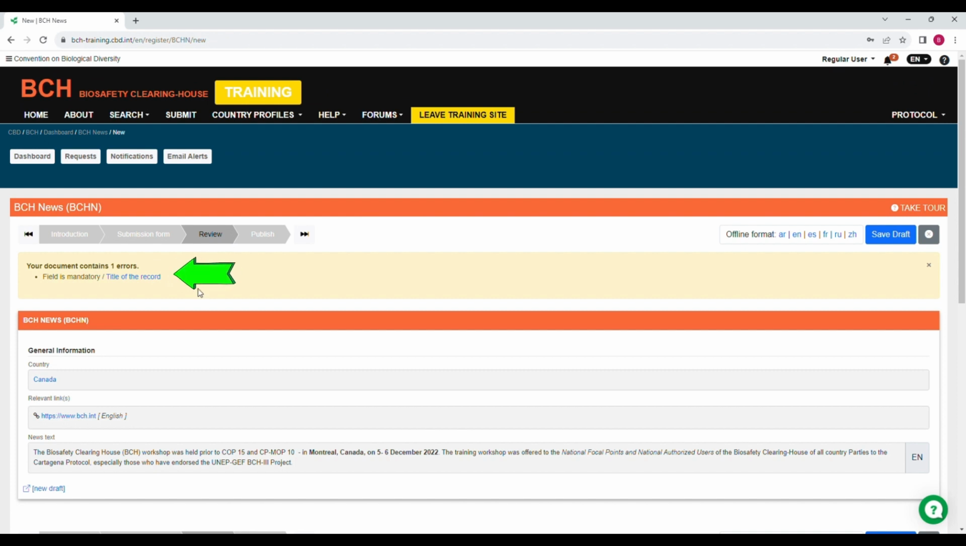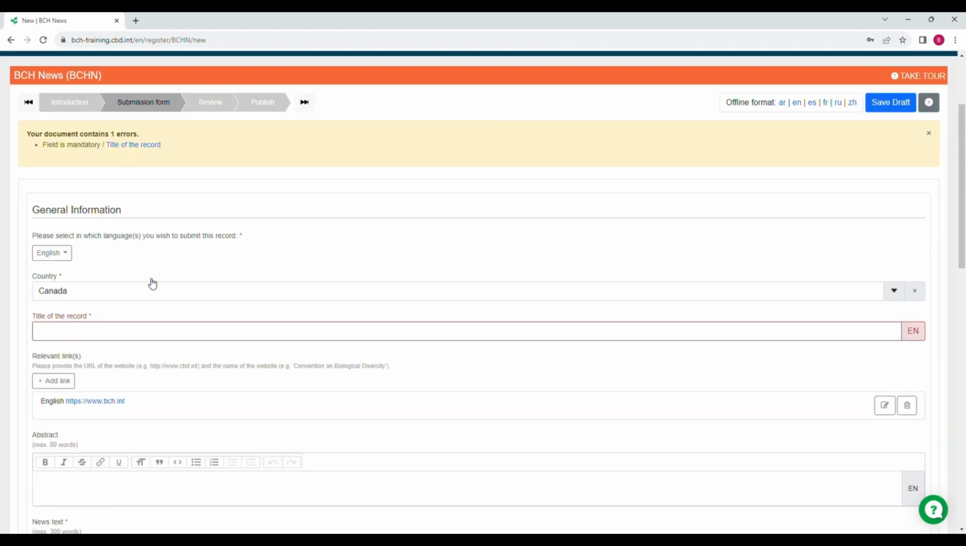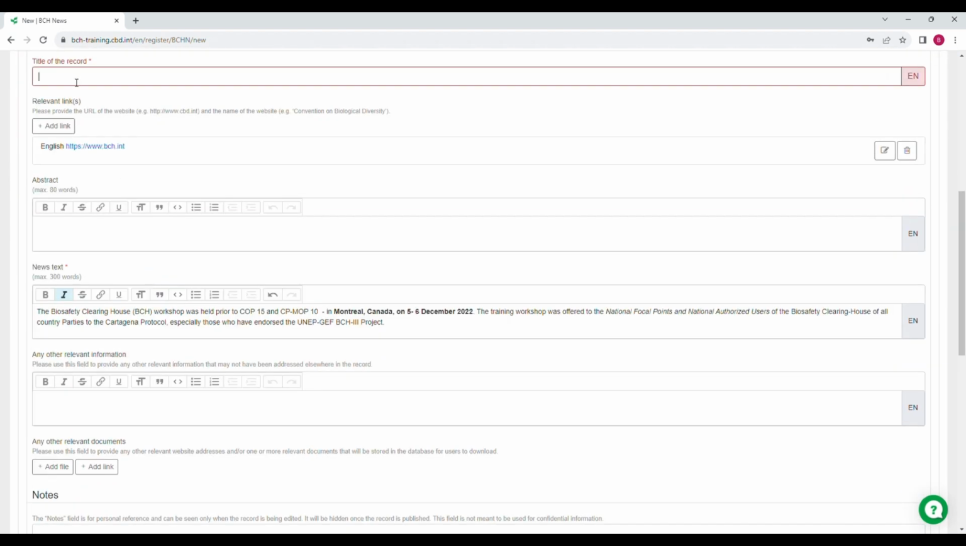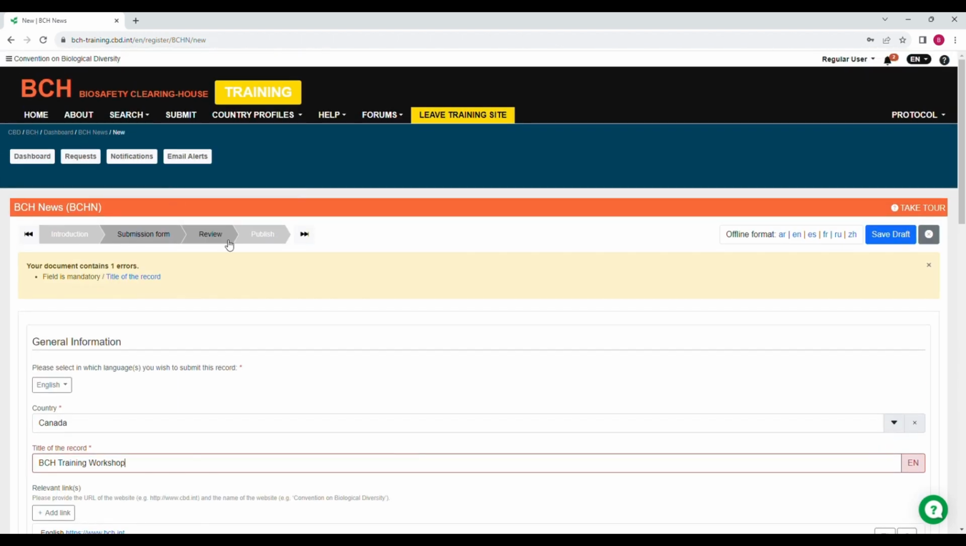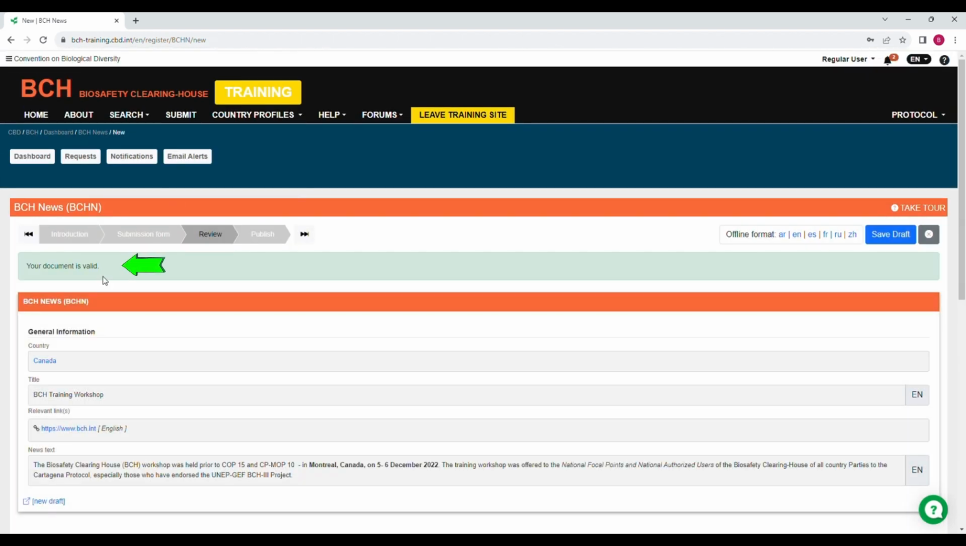As you can see, this error message appears that tells you that your document is not valid and it contains one error. This is the field that was not completed. It's a mandatory field. So simply click on the field. The system will take you to it and then complete it. Once done, click on Review, and now you see that your document is valid and you can proceed with the